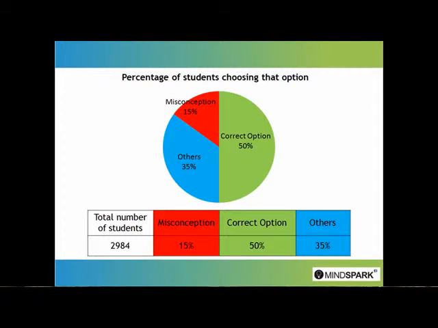Let us take a look at the performance pie chart for this question. Around 15% of the students are saying that 24 is the LCM of 4 and 6. They are simply multiplying both these numbers and are not being able to apply the concept of LCM properly. Both of these questions reiterate that students lack clarity in the concept of lowest common multiple.